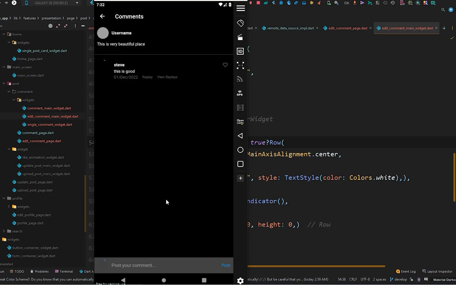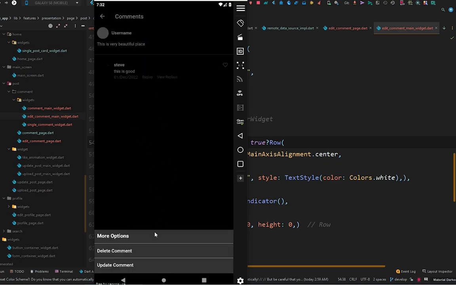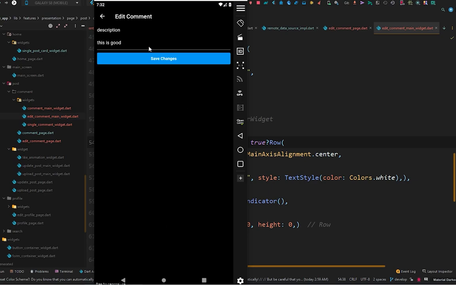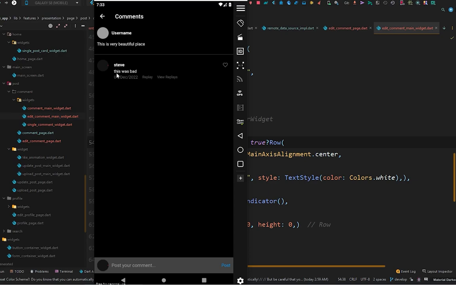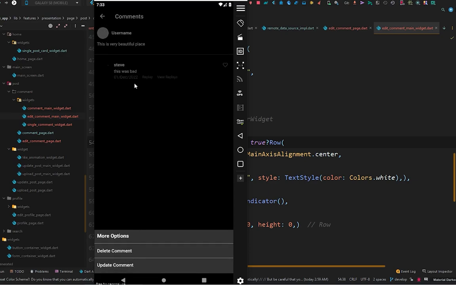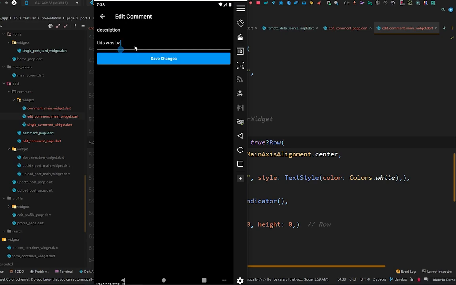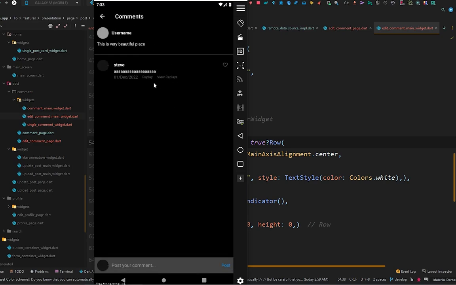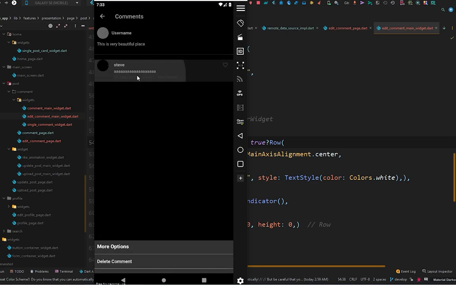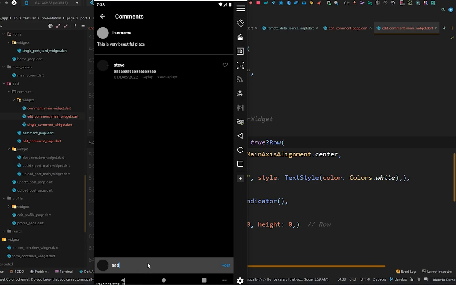Now when application is start, go to this page and hold this and go to the update comment page. Let's write something else and say this was bad and save changes, and the comment is updated, it is saying this was bad. Now update it again. Now let's say a more times, update it, and now it's updated. We can like the post, unlike the post, not the post but the comment, we can update, and we can